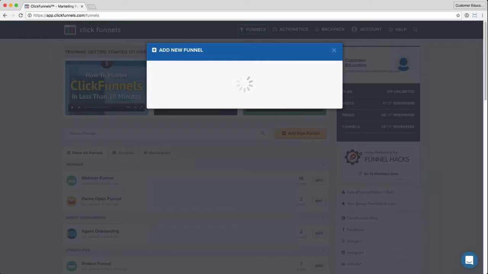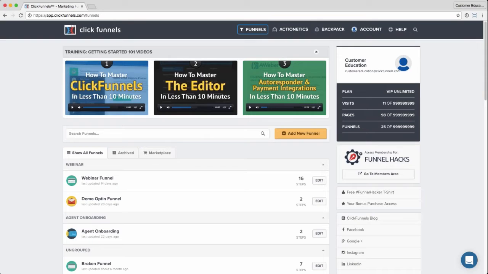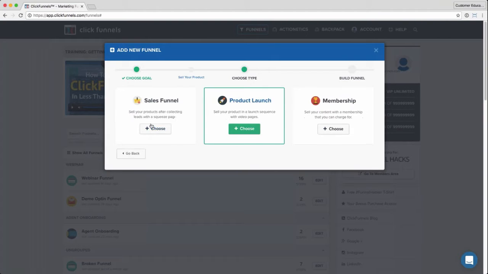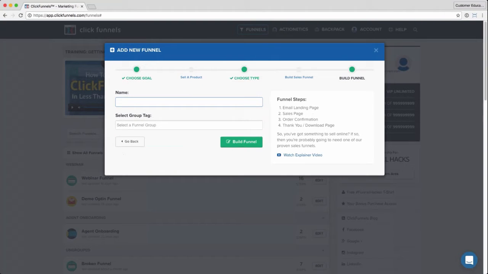I'm going to click Add New Funnel. There are actually two spots where I can do that. I can click Add New Funnel here, or up here under Funnels. Hey Michael, how you doing? Good to see you. I'm going to click Sell Your Product, and then Sales Funnel. This is going to create the basic steps that I need for a sales funnel. I'm just going to call this Sales Funnel Demo, and then I can give it a group tag, and that group tag is just for my own